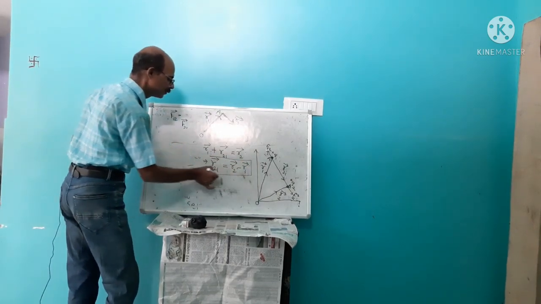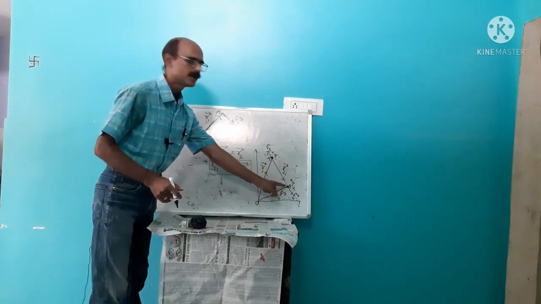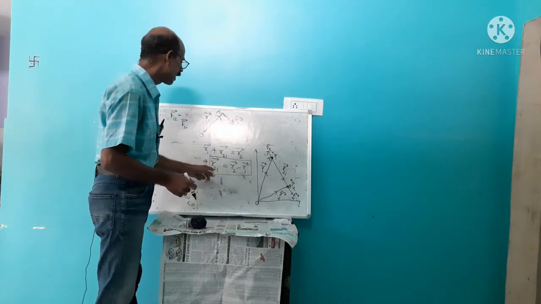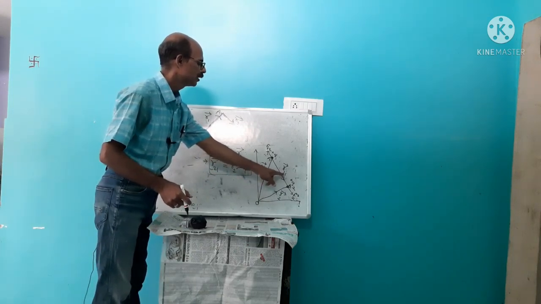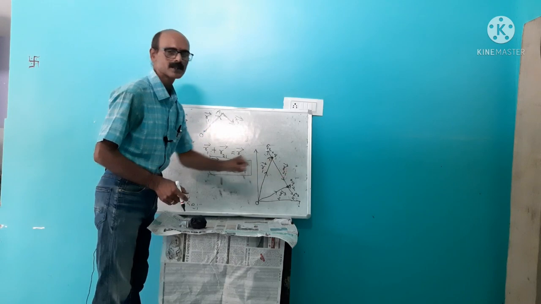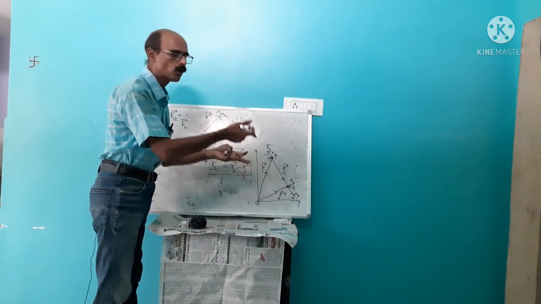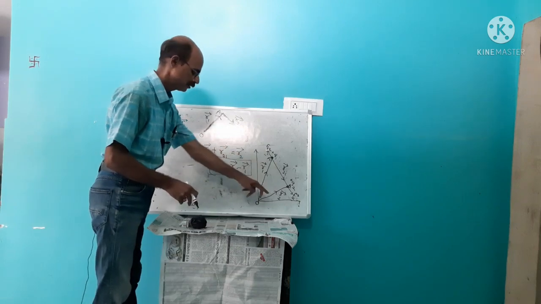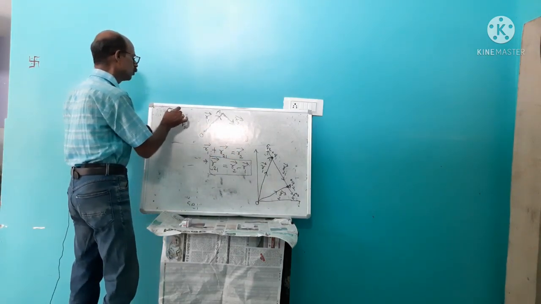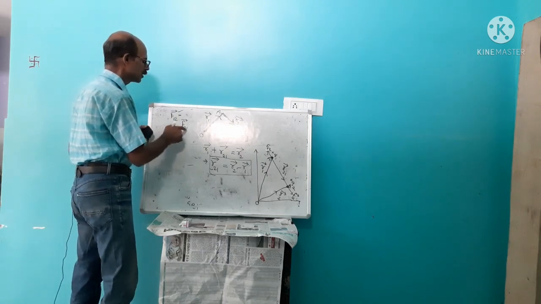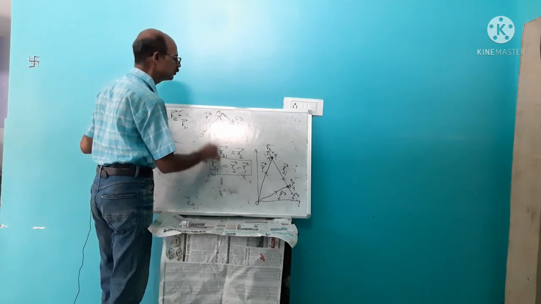We got the distance of separation between these two charges. R21, position of Q2 with respect to Q1. If we write R12, then it will be along this direction. Now remember this. This is force on 1 due to 2, force on 2 due to 1, and this is position of 2 with respect to 1.